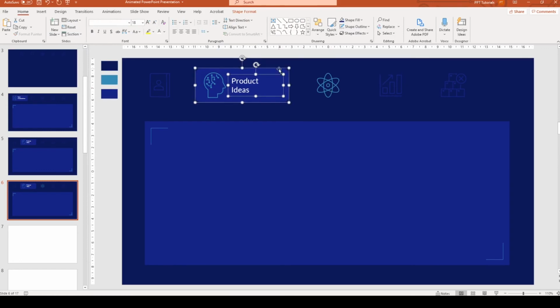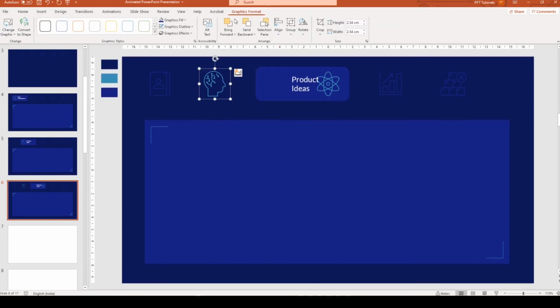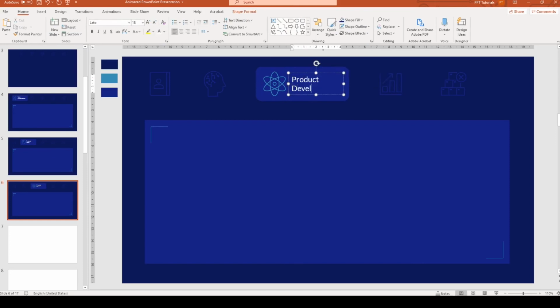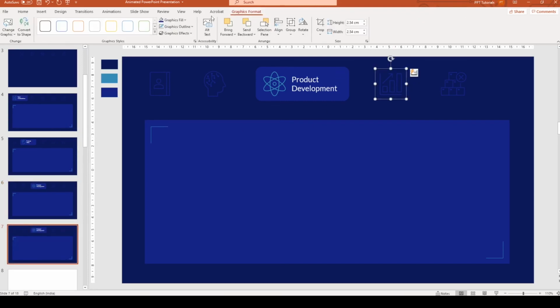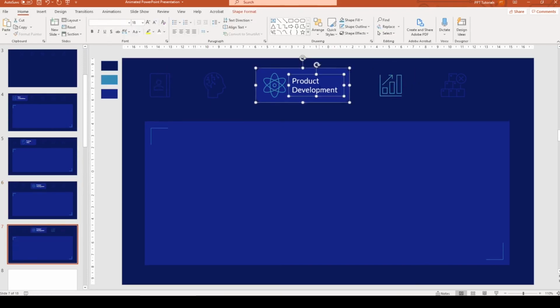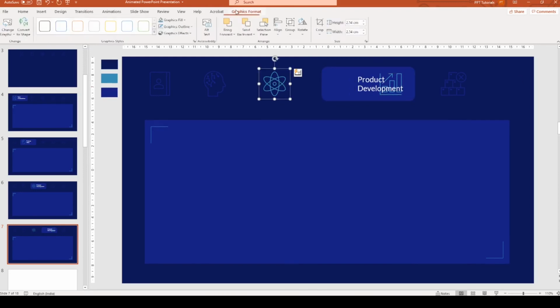Now we move the text box and the rectangle to the right. We change the color of the second icon. We select and move this icon to the left. And then we go to the text box and change the text on the slide. Now I will quickly repeat the steps on the next two slides as well. I'm going a little fast because these steps are all similar and remain the same on all slides. So we just want to quickly go through this.